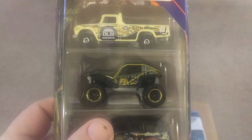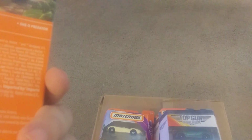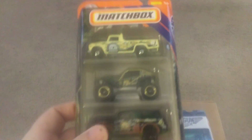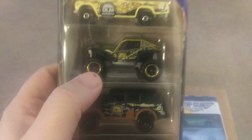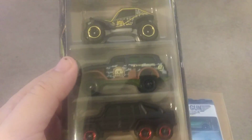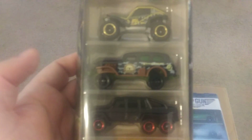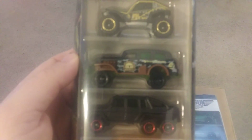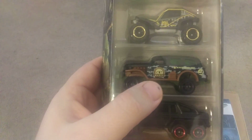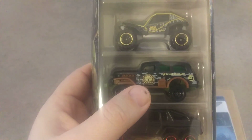Then we got, I think this is called the Geo Rescue. Wait, let me look. It says on the back. No, Geo Predator. That's kind of a cool looking buggy, and I know that that's a licensed casting. That's like a Romanian vehicle. This is one of the vehicles I picked up the 5-pack for. This is called the Jungle Crawler, but it is a Dodge Power Wagon from the 40s, and I'm a huge